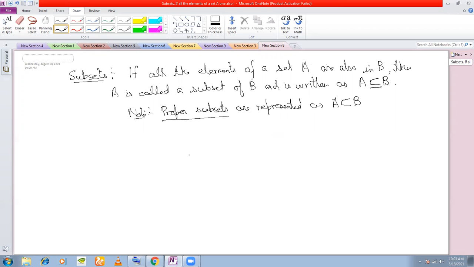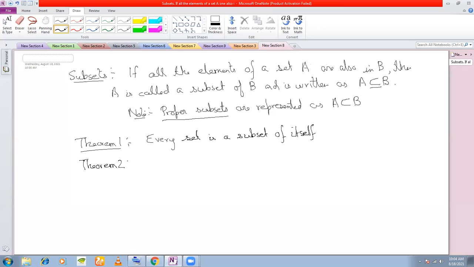Okay, I don't need to give you examples on subsets, but with this we'll discuss some theorems on subsets. First theorem on subsets is that every set is a subset of itself. Any set that you consider will always be a subset of itself. Consider the set A, it will be a subset of A. Consider the set B, any set, you define it any way you want, it will always be a subset of itself.